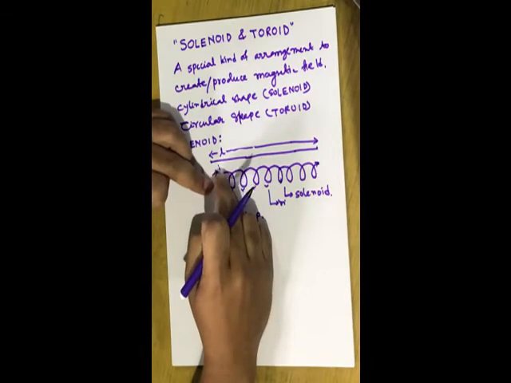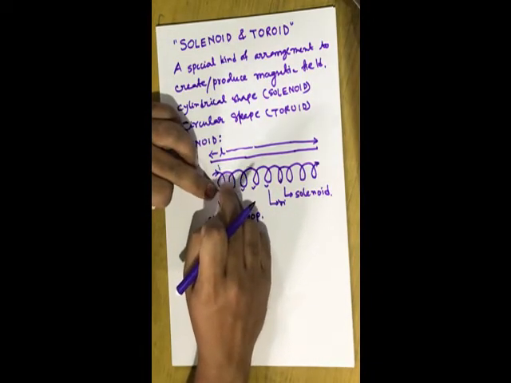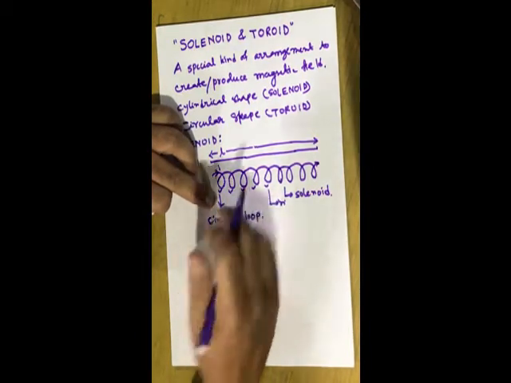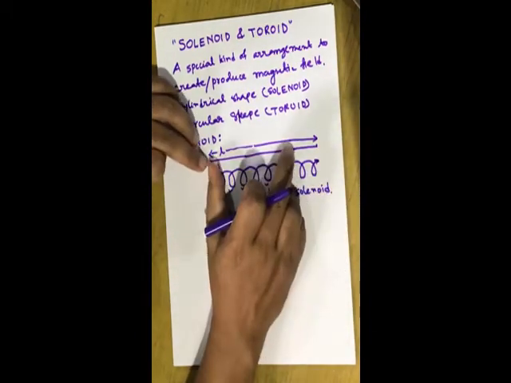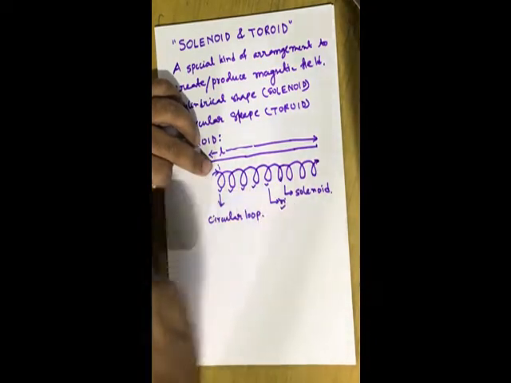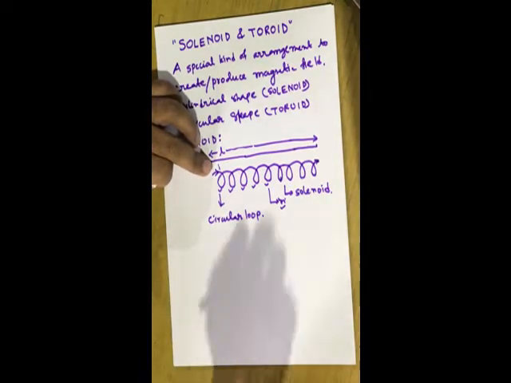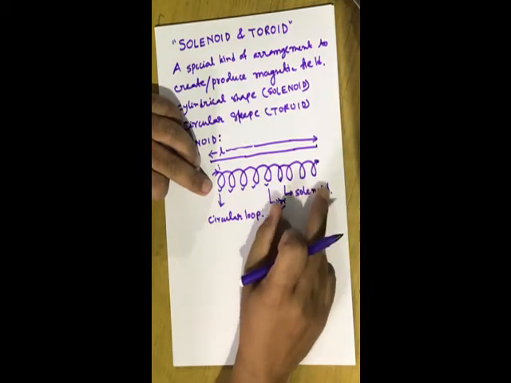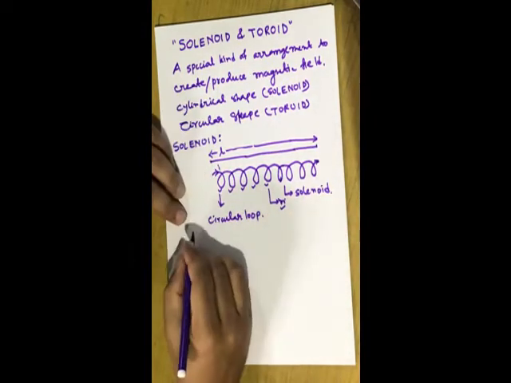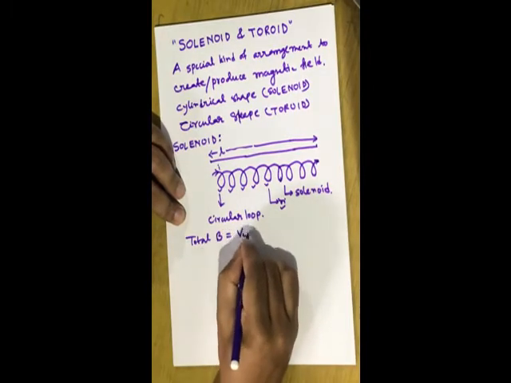So if you flow a current I through the solenoid, then the net magnetic field will be the resultant field due to the n circular loops, because the solenoid of length L has, let's say, a small n number of circular loops. Each circular loop will contribute towards the magnetic field. Therefore, the total magnetic field B will be the vector sum